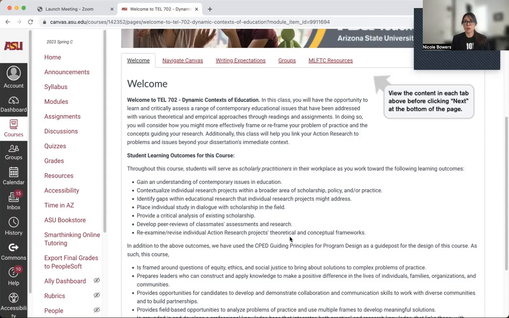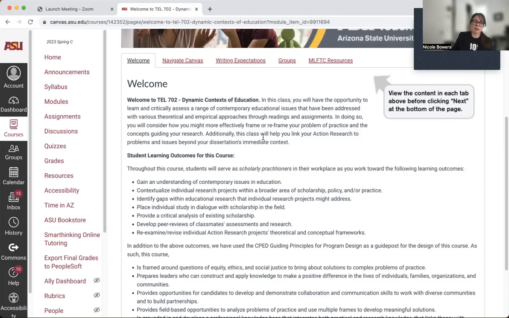It is also designed through our own scholarly practitioner community called CPED to help you become better scholar practitioners. So through the course of learning about these different concepts and theories and approaches and playing with them in the assignments, you're also going to learn more about how to use theory, a little bit more about how to write research questions, and how to make sure that your research study is aligned and ready to go.